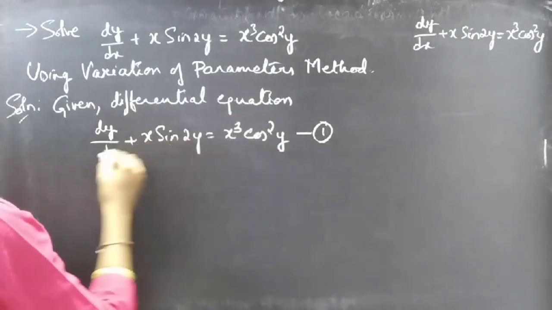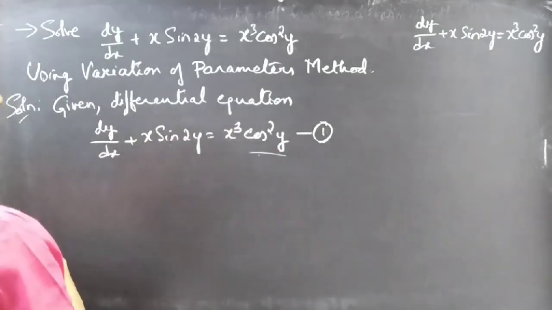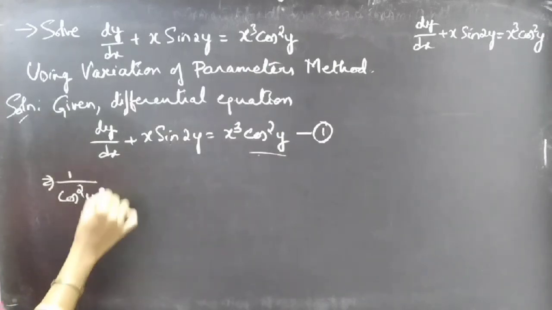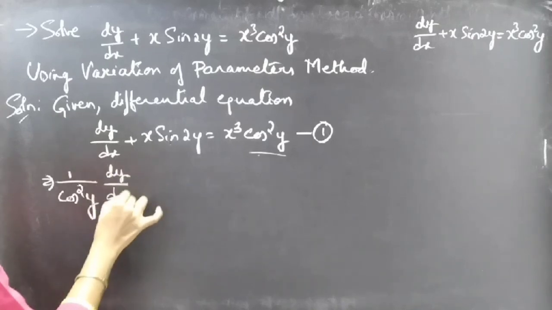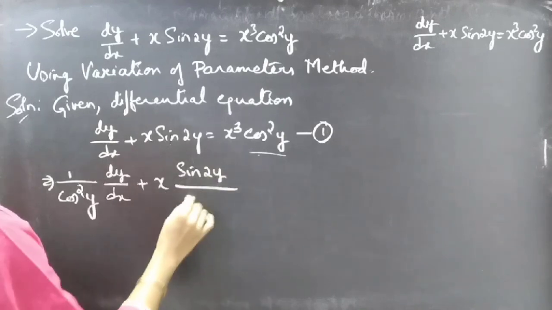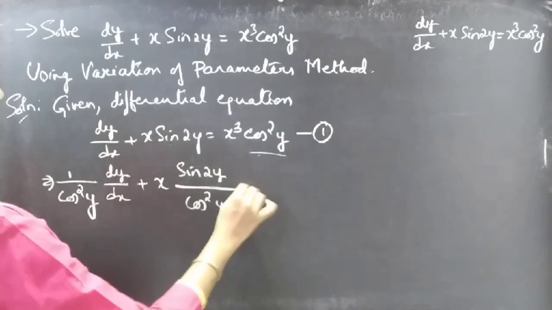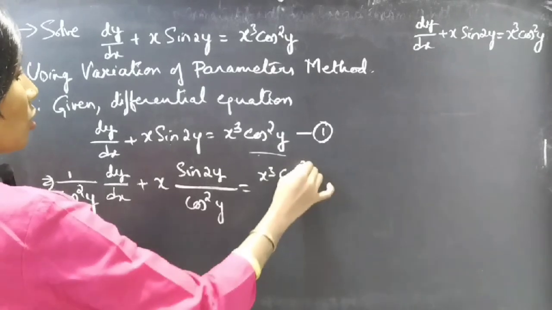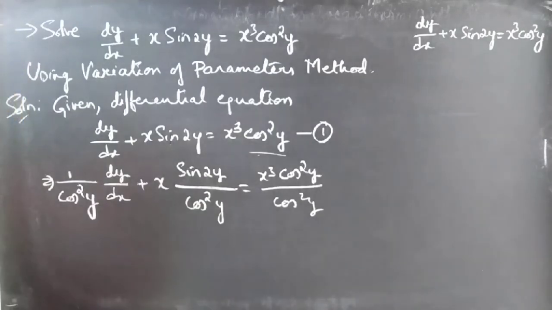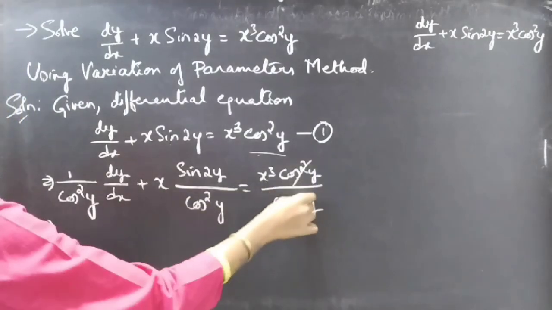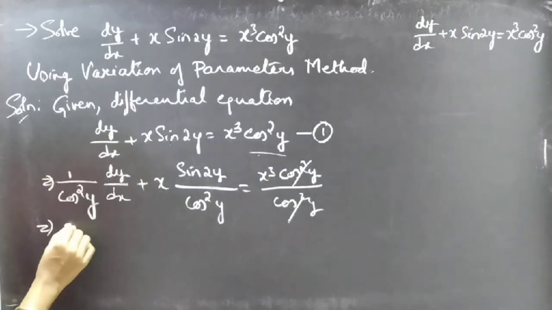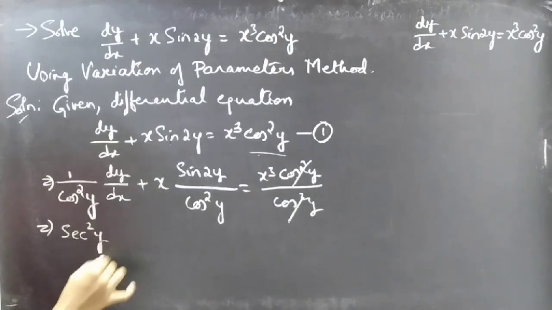Okay, so just divide both sides of the equation with cos square y. Then we'll get 1 by cos square y into dy by dx plus x into sine 2y by cos square y equal to x cube cos square y by cos square y. Right? Here cos square y gets cancelled and we can write 1 by cos square y as secant square y